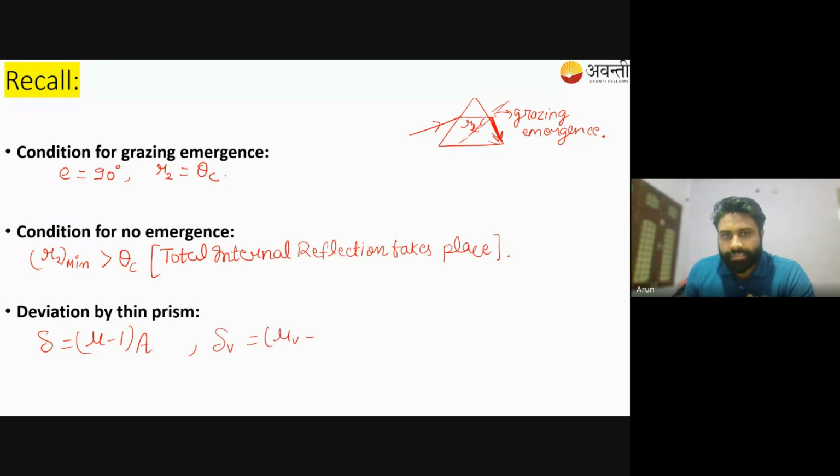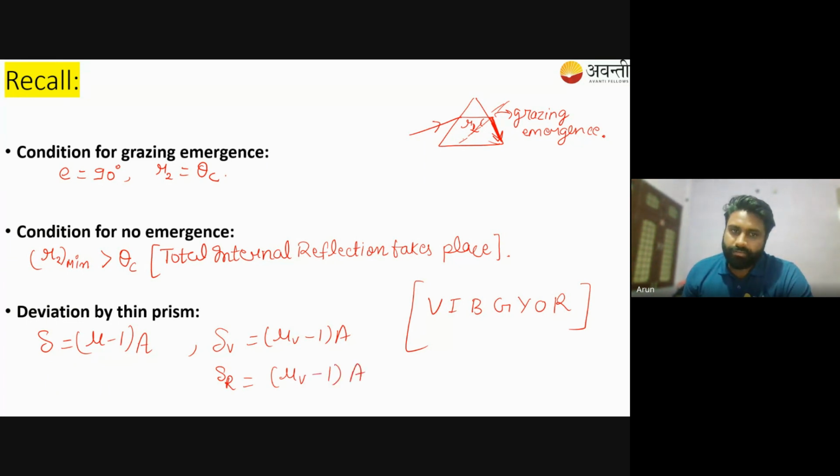It will be mu V minus 1 into A, because here we are dealing with the visible region of light. It is the abbreviation for VIBGYOR. So try to learn it, na? Violet, indigo, blue, green, yellow, orange, red, and these are the fundamental colors, ठीक है। Del R, what is the value for del R? It is mu R minus 1 into A,